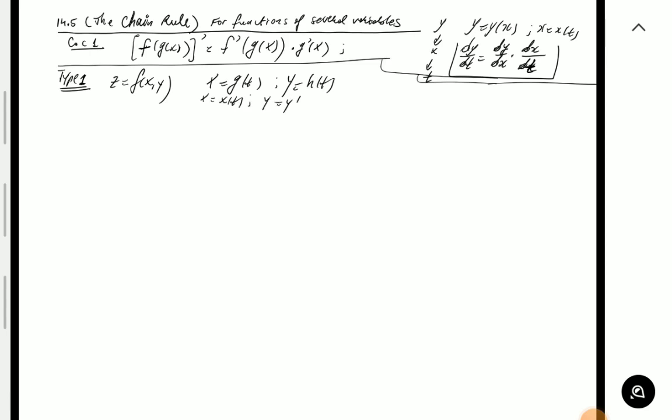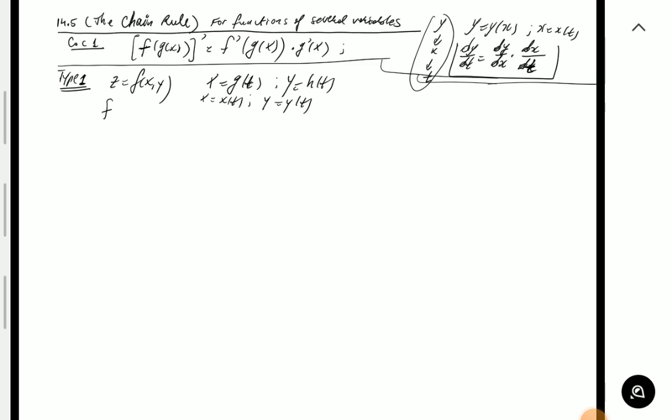Or you can just say x equals x of t, y equals y of t. We're going to use the differential notation, so we're not going to have to rename them g of t, h of t. So just like this version from Calculus 1 with the differential notation, we can essentially create now a